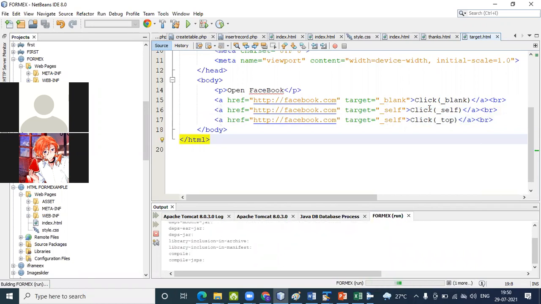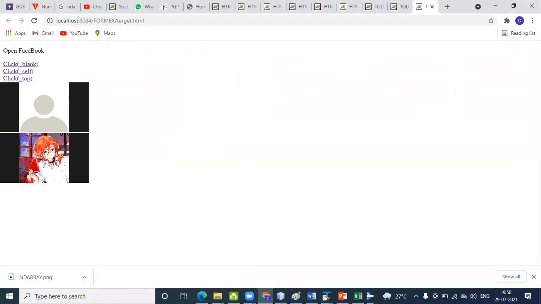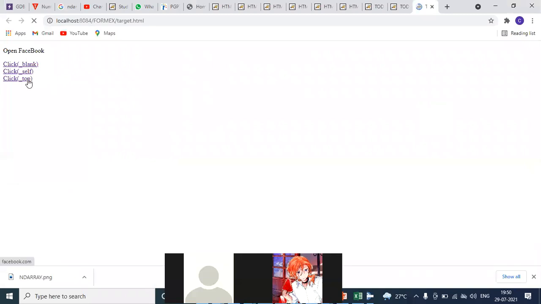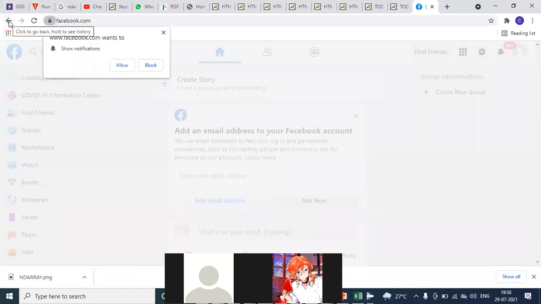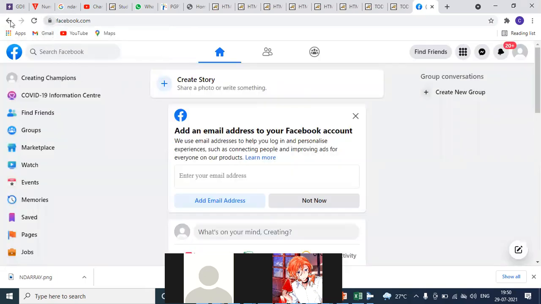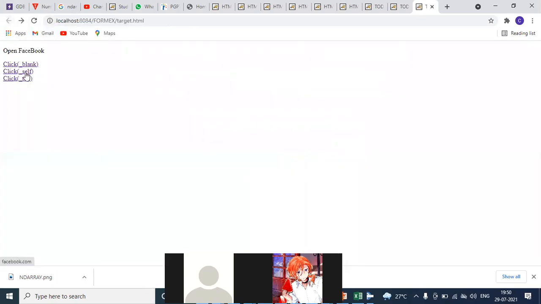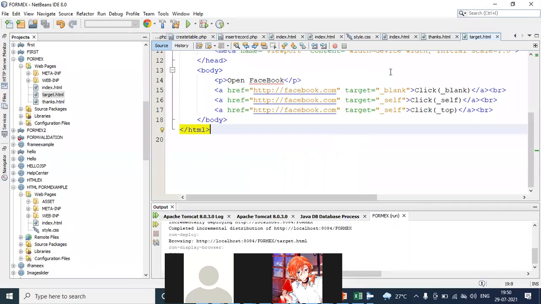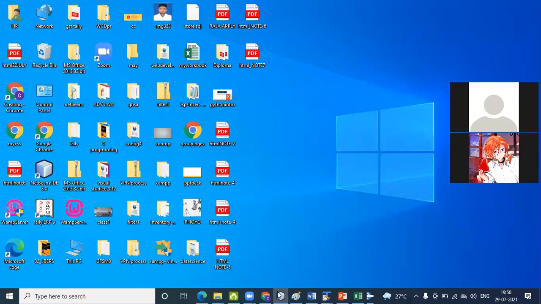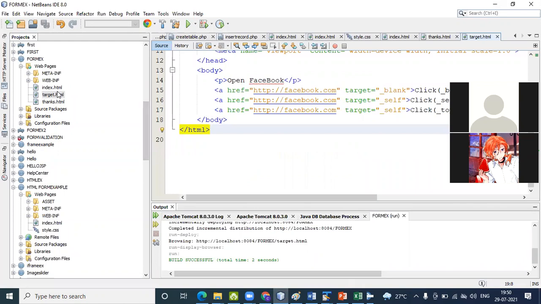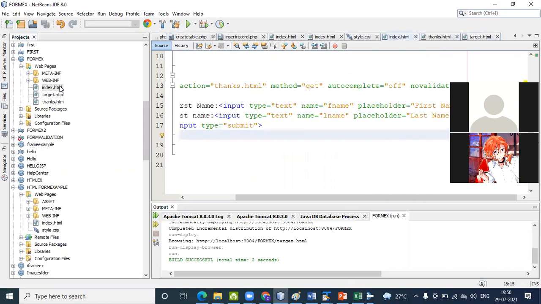So basically, we're working in the same window, other page, but in the top priority it is opened. Okay. So next I move to the other part, other part of the HTML form tag.